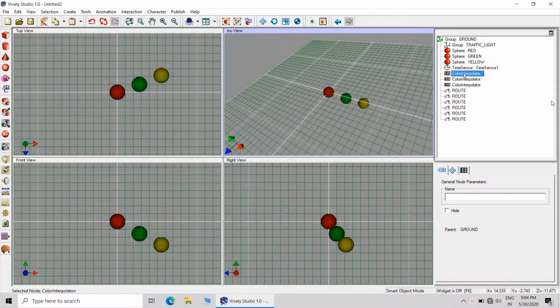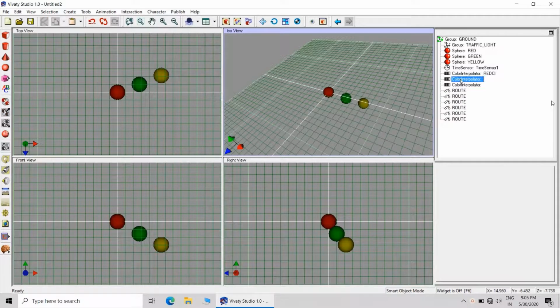Now again color interpolator. One color interpolator will be responsible for red, so call it red CI, meaning red color interpolator. Second will be green CI.